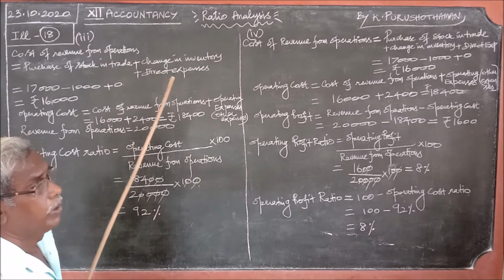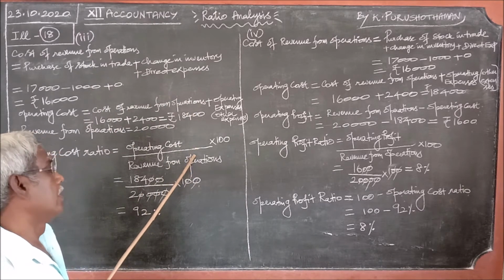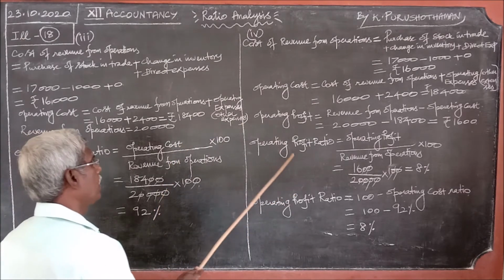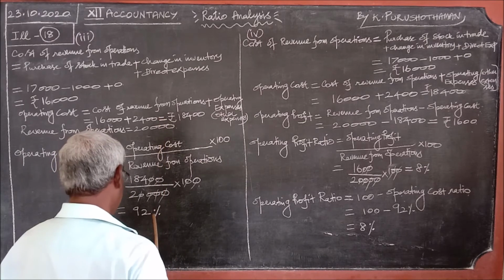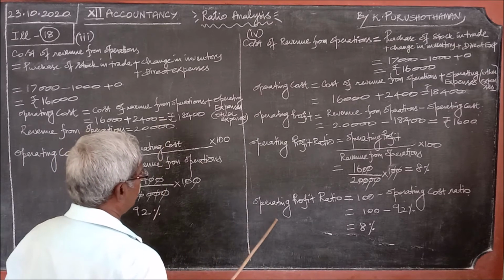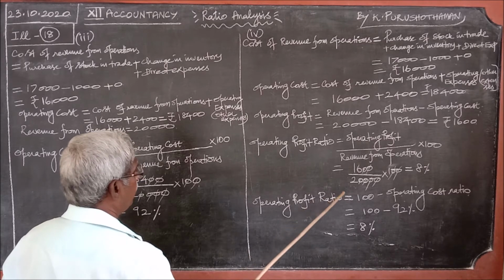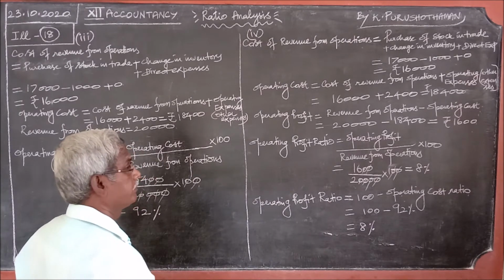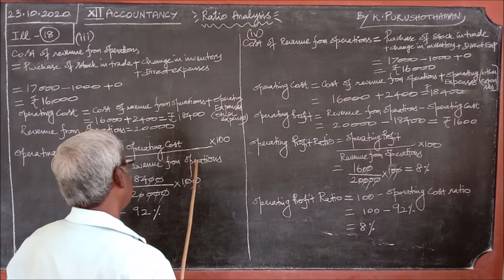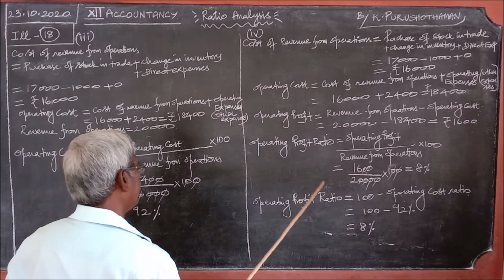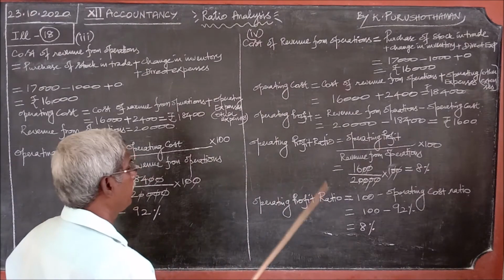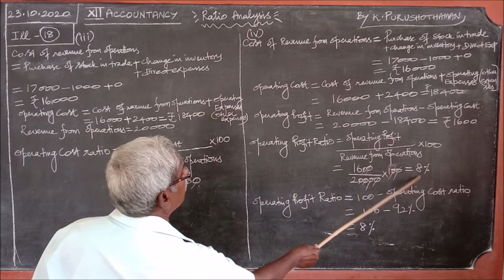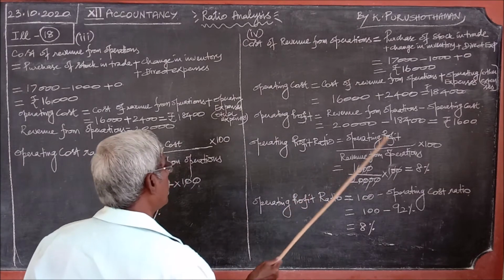That is why I follow this method. Okay, right. This one also I repeat the same. If both the ratios are asked, you find this ratio and then you can go to the shortcut method. Operating profit ratio is equal to 100 minus this operating cost ratio. ரெண்டு ரேஷியோ கேட்டிருந்தா இதை ஒன்று மட்டும் போட்டால் போதும். இது ரெண்டாவது ரேஷியோ, இதை ஃபுல்லாக போட வேண்டாம். You can go straight away to this operating profit ratio, 100 minus operating cost ratio. The same 8%. If you do the entire calculation, எல்லாத்தையும் போட்டாலும் இதாகும்.